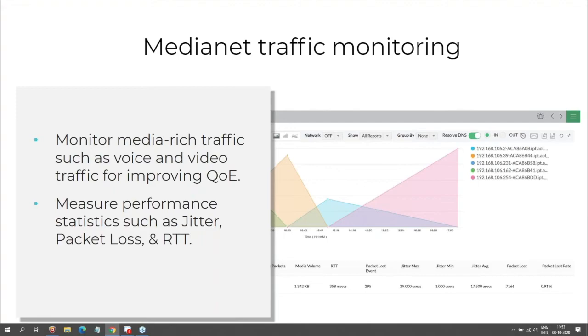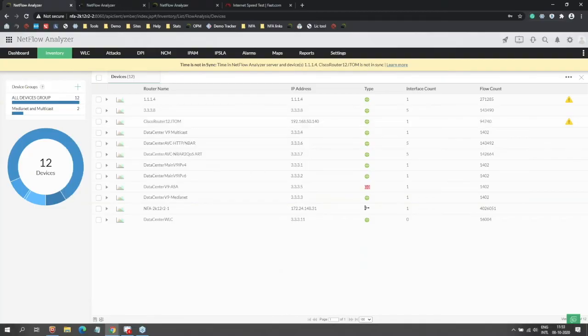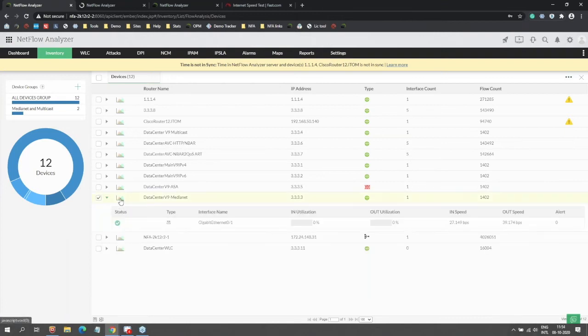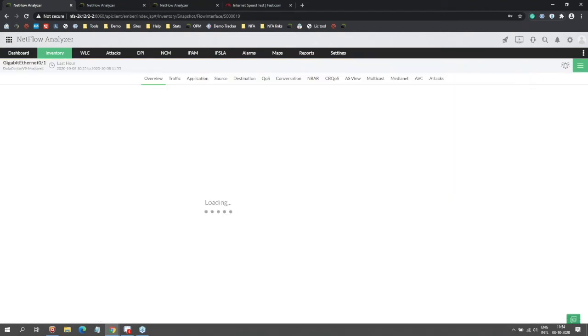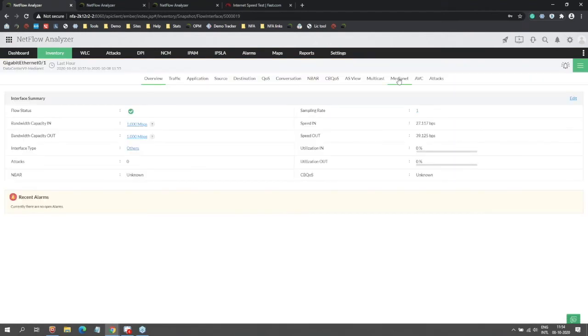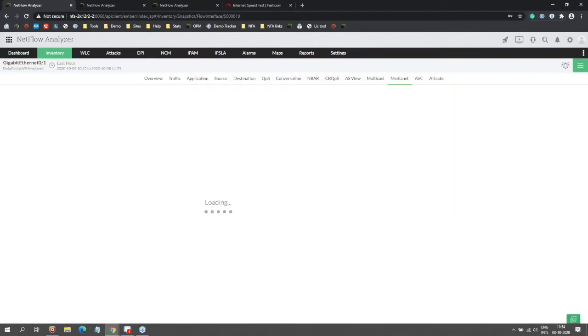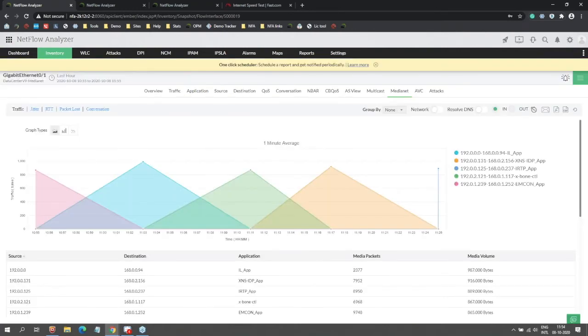Let me show you how it is done. If your device is sending out the flows, then we can show you that information already. So go to the interface that is managed, let's say if the MediaNet device is sending out the traffic, just go ahead and click on the interface. We have a dedicated tab for MediaNet. Upon clicking that, you can now see the transactions, as in the applications that have been using the rich media audio.